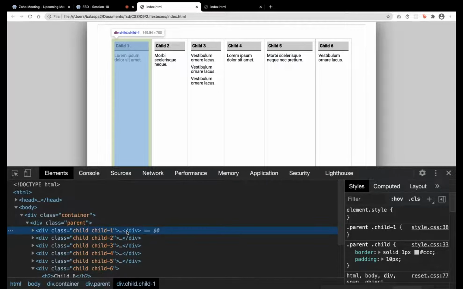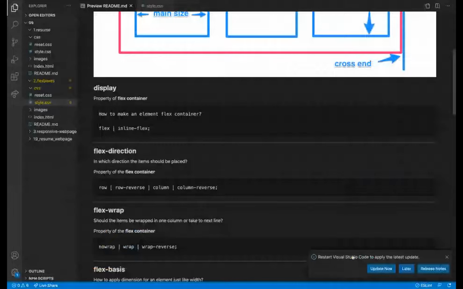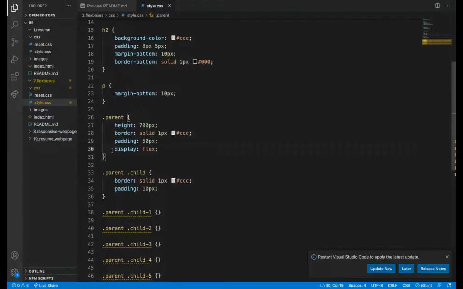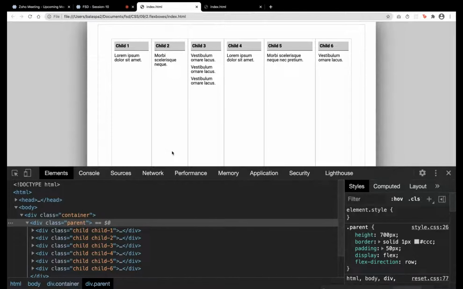Fine. So what I was saying, to the parent I'm writing flex direction. The parent contains the flex container things, and I'm writing style to the parent. So these are the styles for the flex container. Flex direction we want as row only, because we want that kind of box structure. So for now we can apply flex direction row. We don't need to apply it because it is the default, but still we can. Okay, what is the next question?